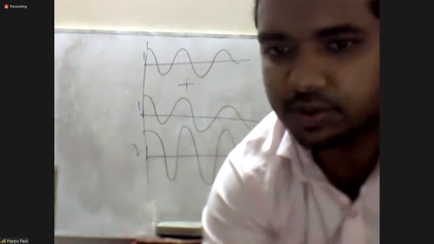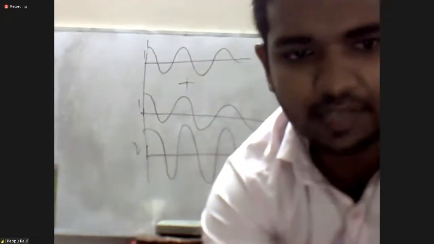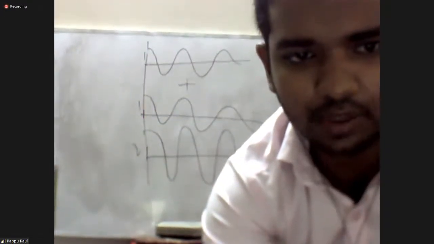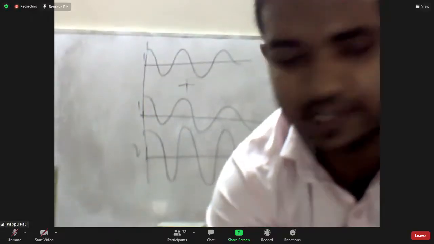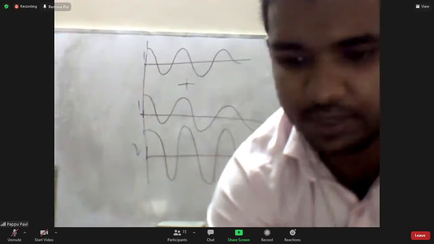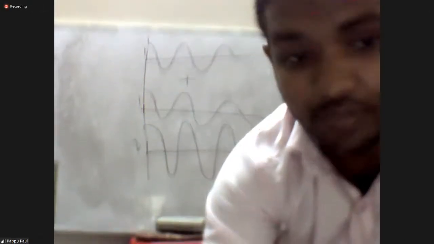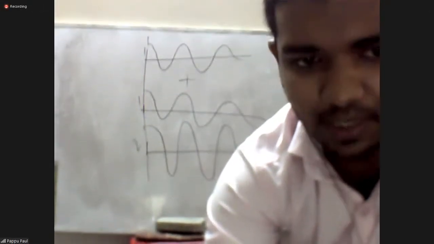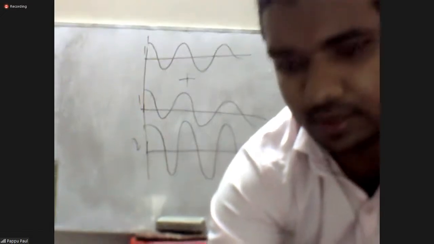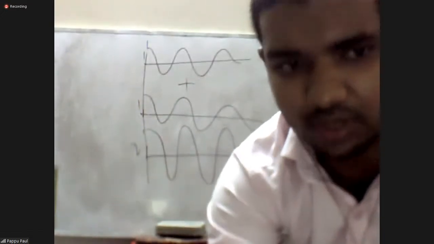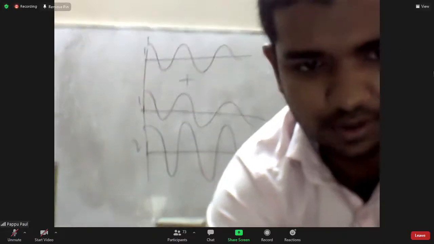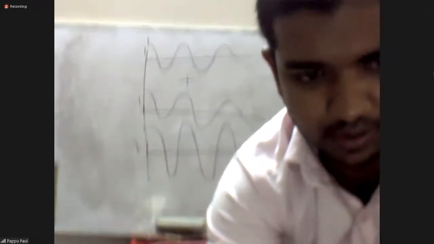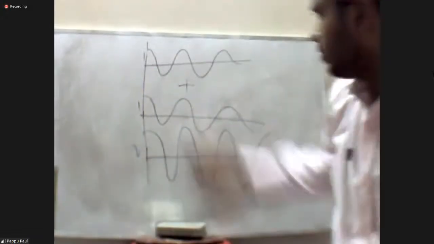This type of thing will come in your exam. Like, I have done case 1 and I have already discussed case 2 and case 3. What are case 2 and case 3 about? Damping oscillation. If you really understand this part, you can understand what the solution will be in the case of LRC for case 2 and case 3. So I think you can do this on your own. So now